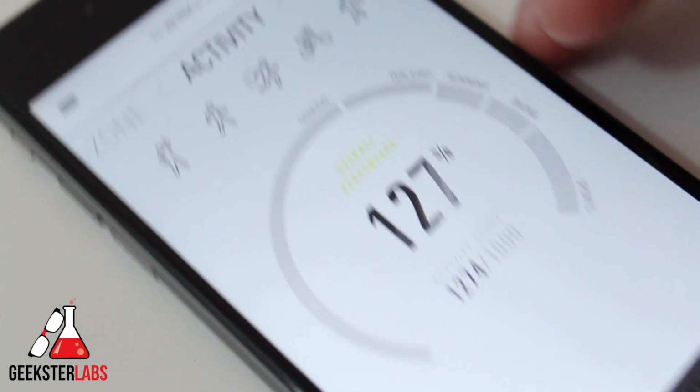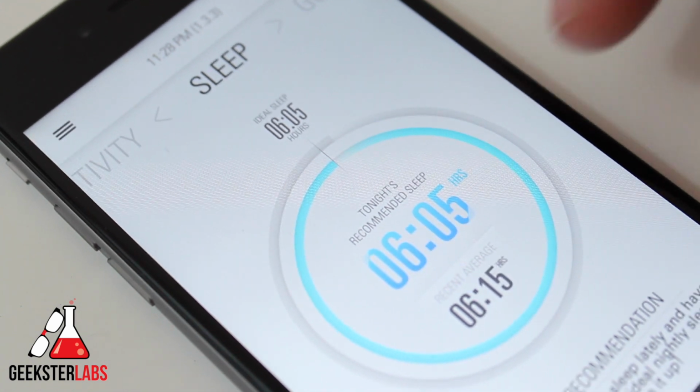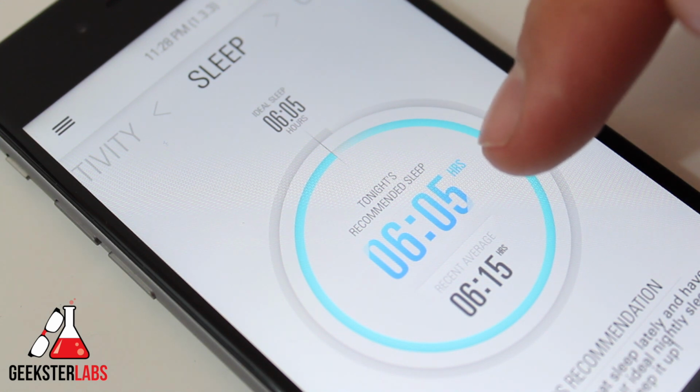So let's go back up here to the activity tracker. Now let's go over here to sleep. Now here's the thing with the sleep tracker. You can wear the band while you're sleeping. It will keep track of the hours you're sleeping, and then it tells you tonight's recommended sleep, 6 hours and